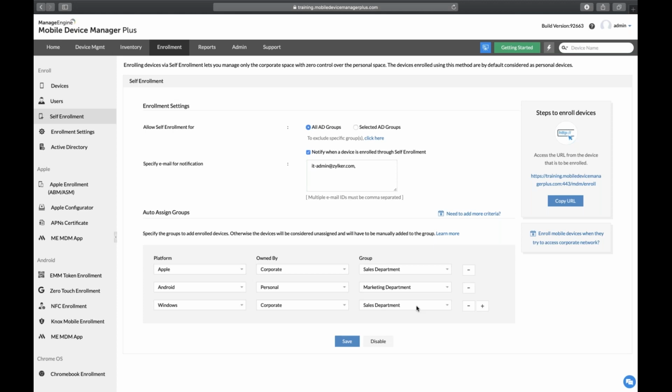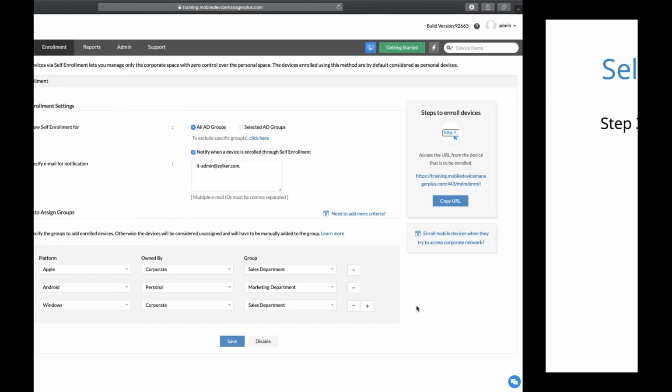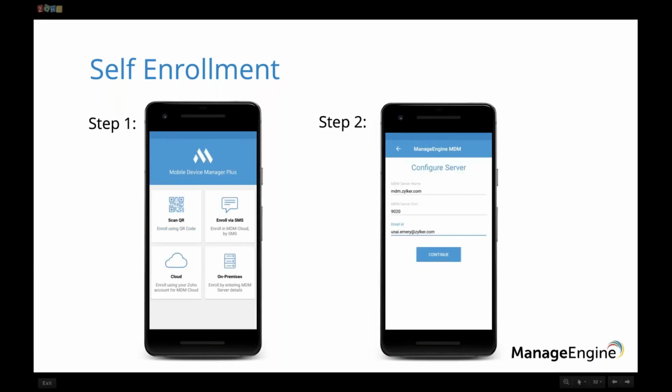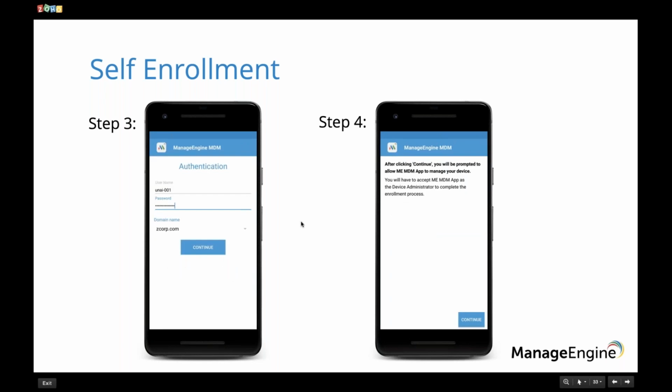So here under the self-enrollment option, this is an Android device that we are going for. So do remember that for an Android device, you need an MDM application to manage it. So we would ask the user to download the MDM app. Once that is done, all these details would be pre-configured in it. You would have to click on continue, and then the user would have to provide their username and password. So it would be their AD username and password. And once that is entered, you can click on continue and your devices would be successfully enrolled and managed by